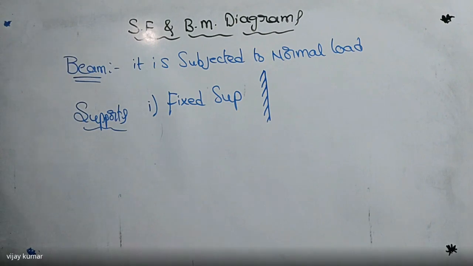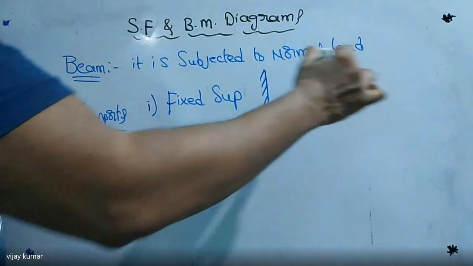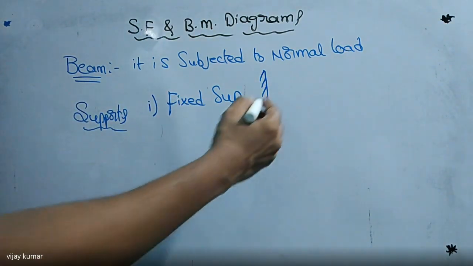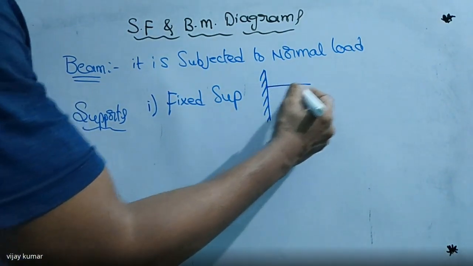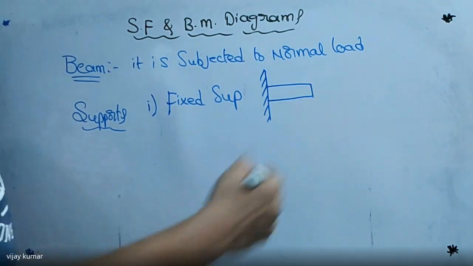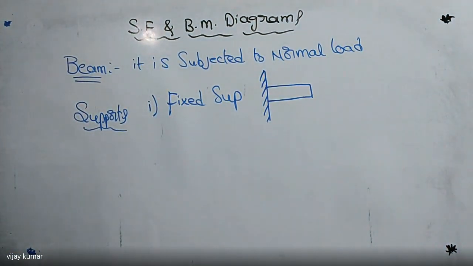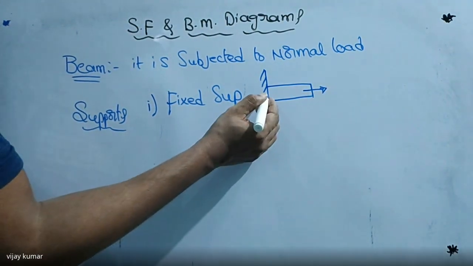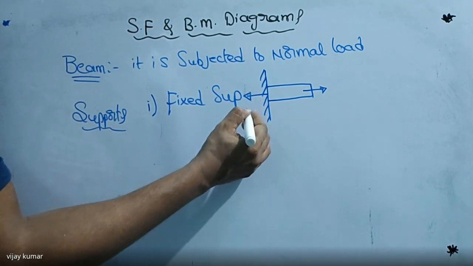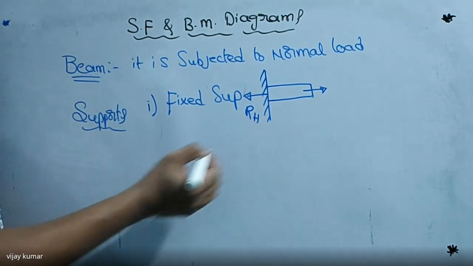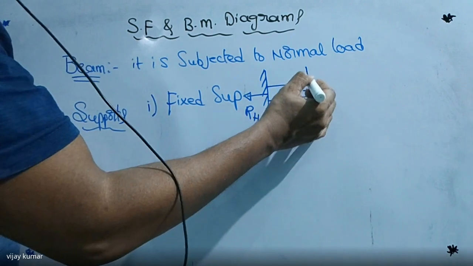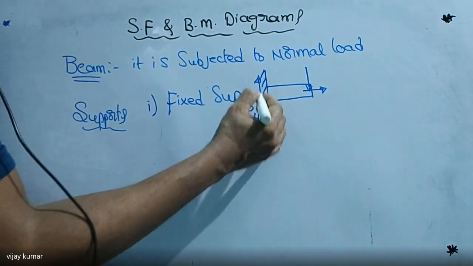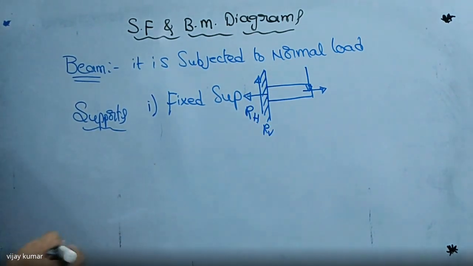So here, listen carefully. The beam is always subject to which forces? Normal force, that is always perpendicular to the axis of the member. So for example, this is a cantilever beam. Tell me how many reactions are contained by the fixed support. If you apply the force here, the support must give some reactive force in this direction. So there must be a horizontal reaction. If you apply the force in this direction, the support must apply some force in this direction. That is nothing but RV, vertical reactive force.